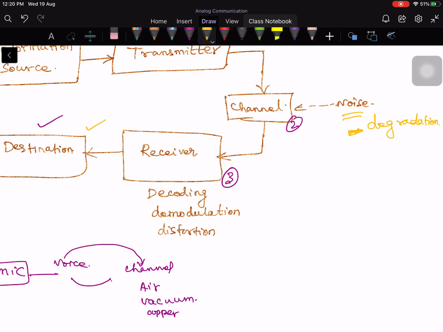In addition to providing simple amplification, it also has to remove the noise content, as I said. It has to remove other kinds of interference also, because one channel will interfere with the other channel, or one signal will interfere with the intended signal. So, to a certain extent, the receiver block has to remove the interference. We will study all these things in detail, but this is an introduction class.